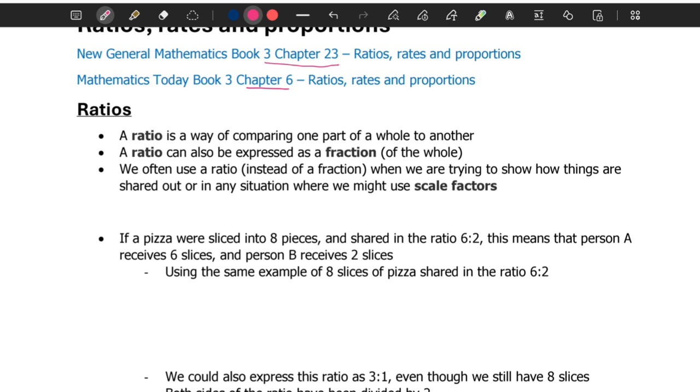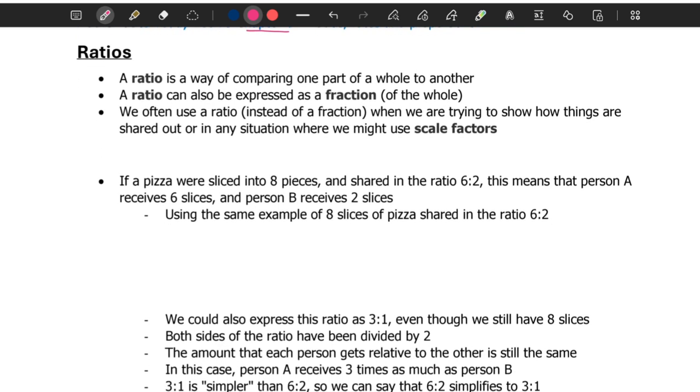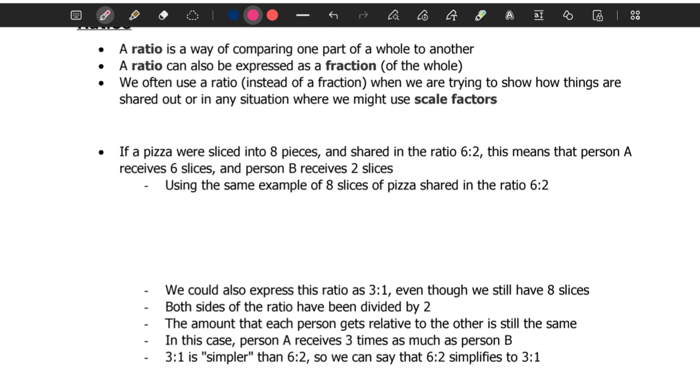So ratio is a way of comparing one part of a whole to another, and it can be expressed as a fraction or as whole numbers. We often use ratio when we're trying to show how things are shared. So for example, if a pizza was sliced into 8 pieces and shared in the ratio 6:2,